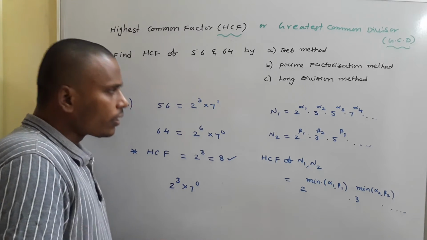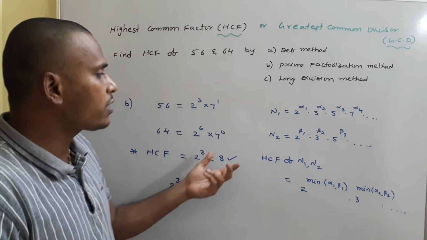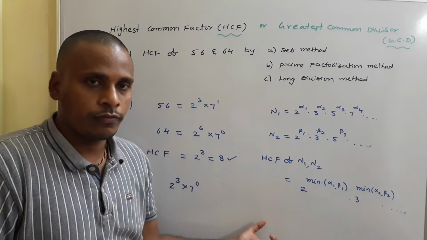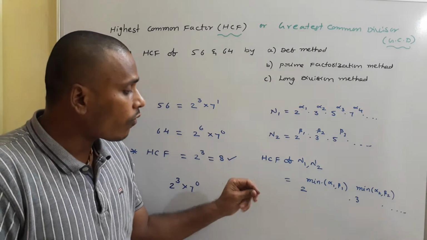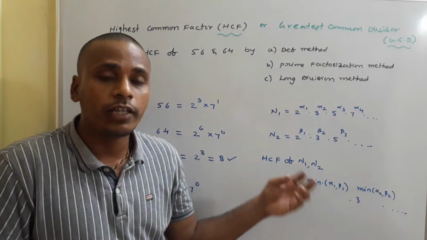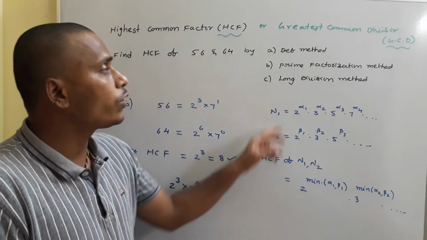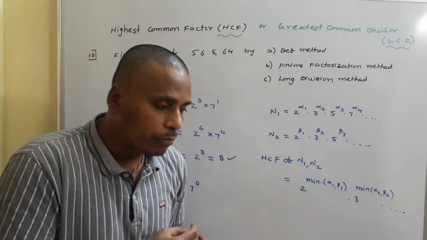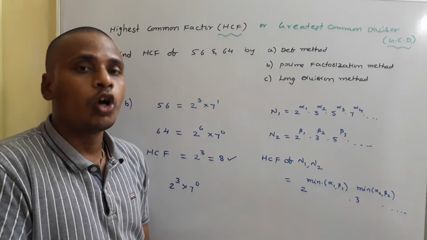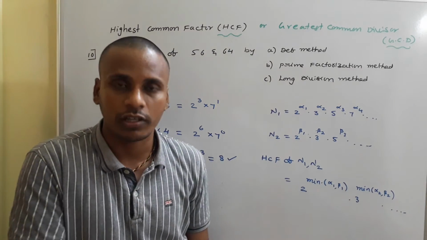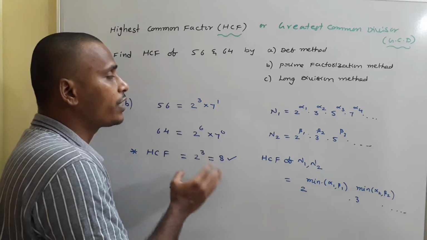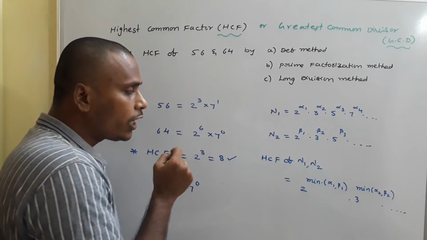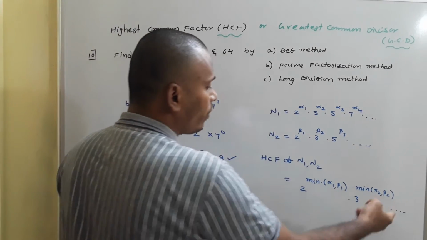So if the numbers are expressed as a product of powers of primes, then it is easy to find the HCF. Suppose identifying the prime factorization of numbers is a bit difficult for some types of numbers, then in that case we go with the long division method. Usually we will try to express given numbers in their prime factorization to find the HCF, because it is one of the simplest and fastest ways. So this is the way of finding HCF by the prime factorization method. After writing their prime factorizations, we need to identify the minimum power of each and every prime.